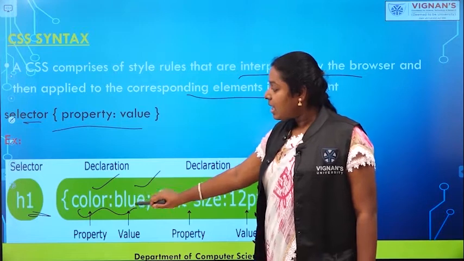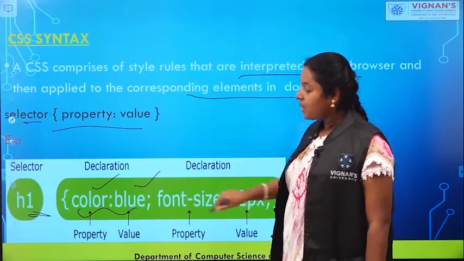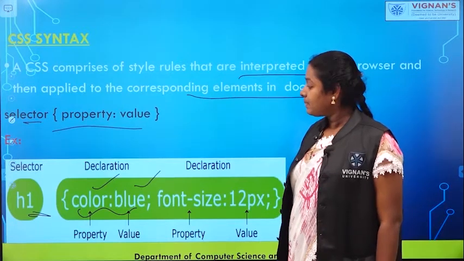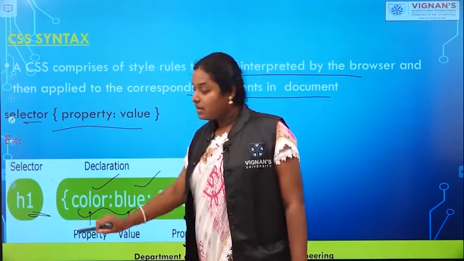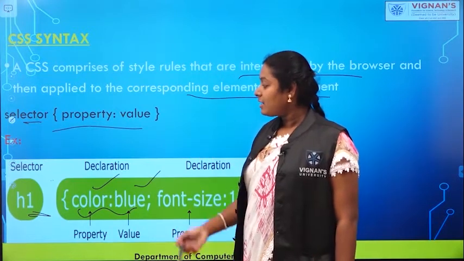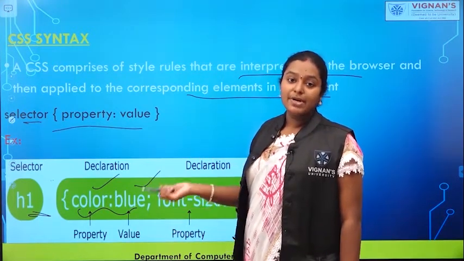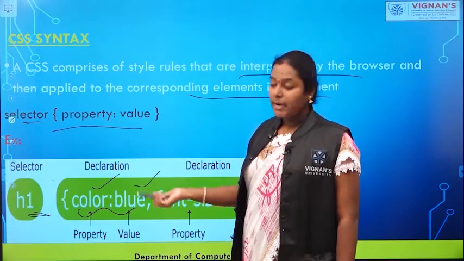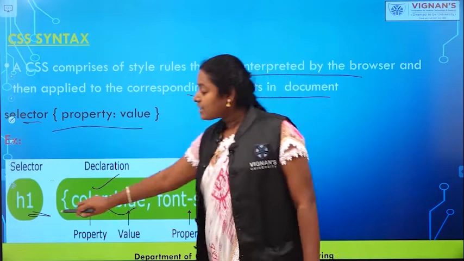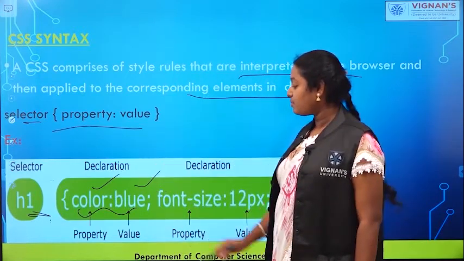Within the declaration, you can write any number of property value pairs. The selector is any HTML element, nothing but any tag, such as an h1 tag, h2 tag or p tag.